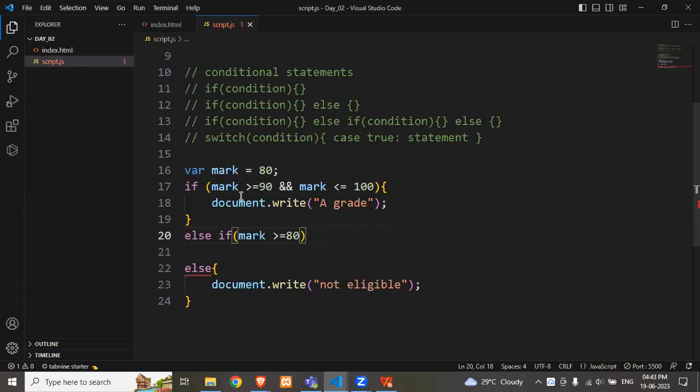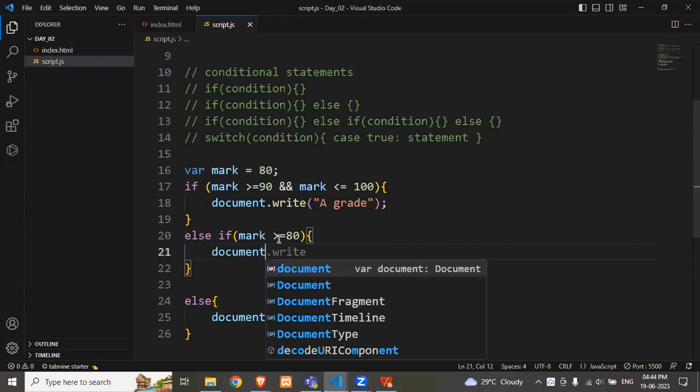Why? Because the first condition itself is becoming false. The mark which I have given is not greater than 90, we have found. So no need to mention that the mark is less than or equal to 89. Simply, you can stop it with greater than or equal to 80. If that condition is becoming true,